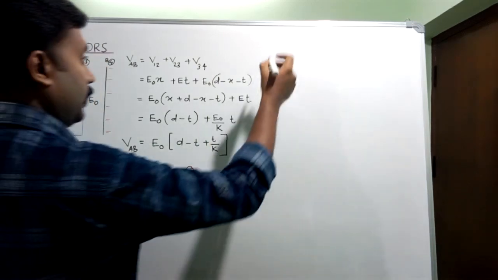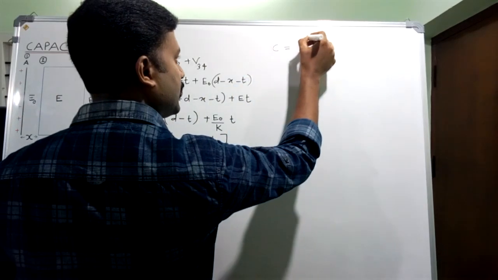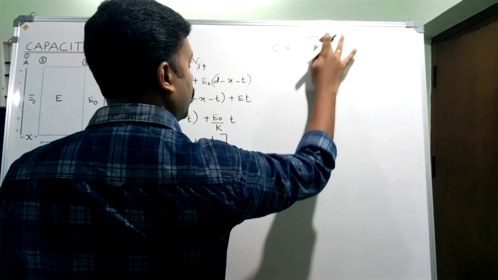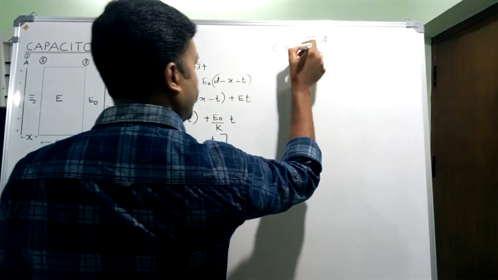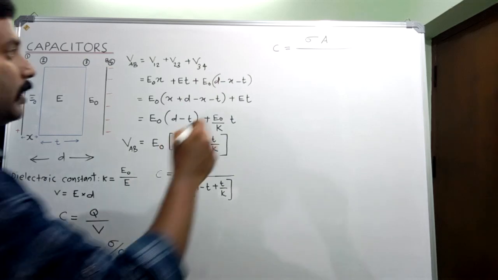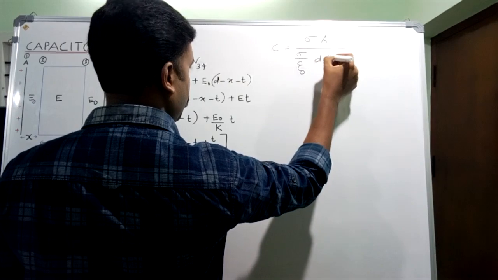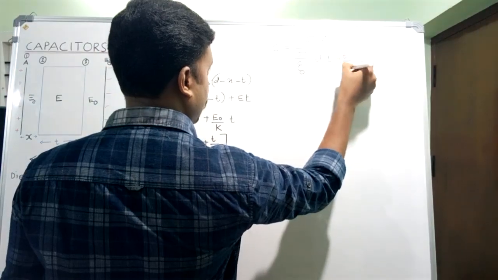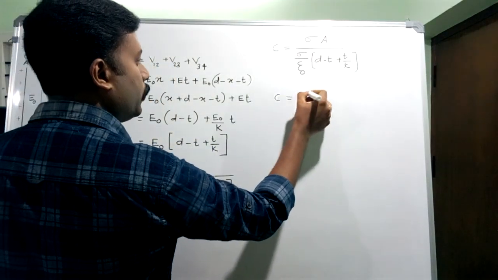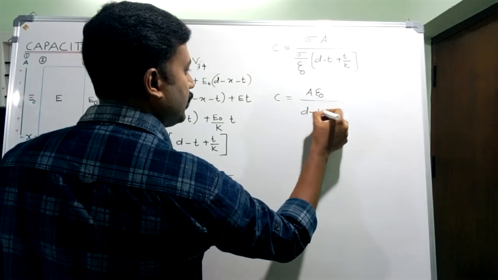So we can write capacitance C is equal to Q by, what is Q? Q means sigma into area, sigma A, divided by, instead of E0 we can write sigma by epsilon 0, so that is sigma divided by epsilon 0, then the factor D minus T plus T by K. Here sigma and sigma get cancelled, then C is equal to A epsilon naught divided by D minus T